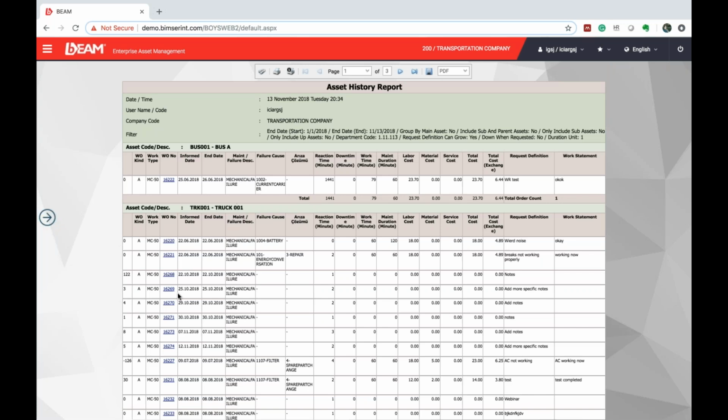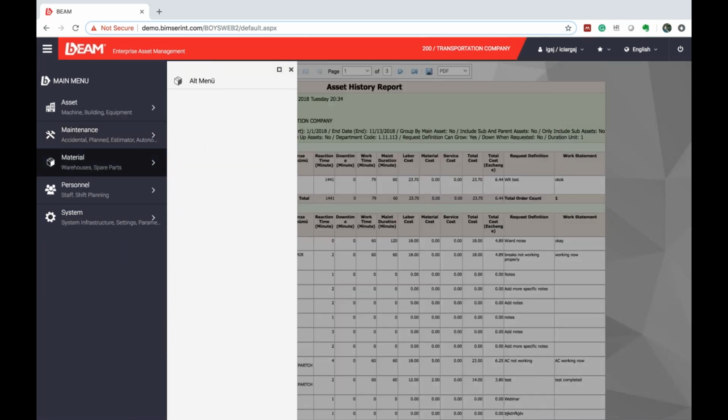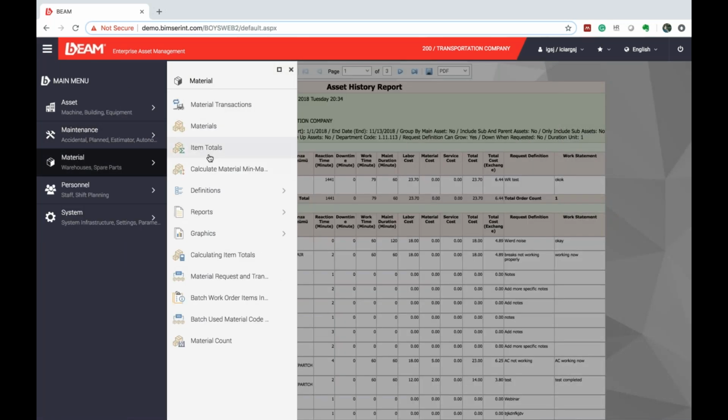So, for example, this truck, it has been repaired a lot through this past year, and so maybe we want to make an educated guess or a decision, saying we have spent this much money. You see it here at the end, the total cost. It is just better to get a new one instead of continuing to spend all of this money on this asset. And just to show you the material section, we're going to be able to group all of our